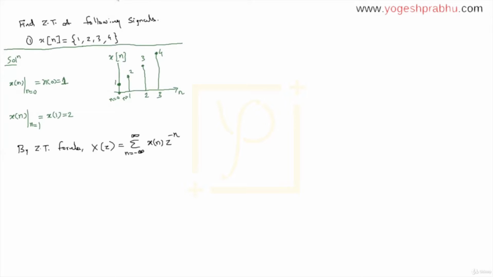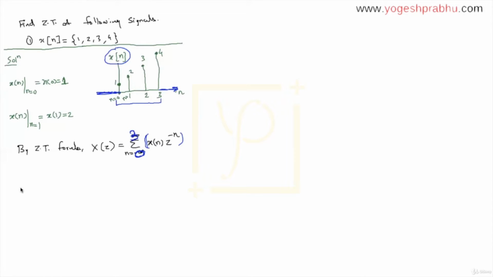Now in the standard formula, the point that I want you to understand is that in case of our signal x of n, do you see everything else has got 0 values? Before 0, everything was 0. And after 3, every value is also 0. So in our case, the n will only go from 0 to 3. So I will take the range of n from 0 to 3. That's the case with the first question, the x of n that we have right now. So the applicable range of n is going to be 0 to 3, and we'll substitute those values over here. Then we'll get the answer for x of z.